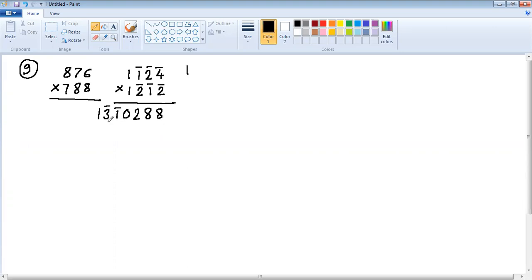So now, because there are dashes on some digits, you have to convert. 8, 8, 2, 0. This is negative, so take complement. This is now vinculum to normal. Reduce 1, so this will become minus 4. This will become minus 4. Complement of that is 6. So the answer is 690,288. You can check with the calculator, it is correct. Does anybody have a doubt in this? So what we have done is converted to simple numbers, solved, and then this vinculum number is converted back to normal.